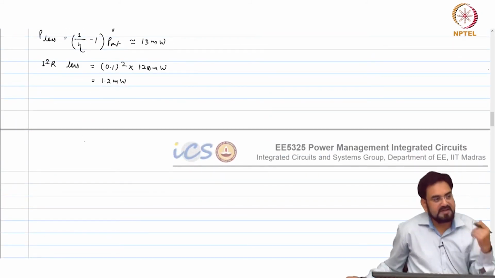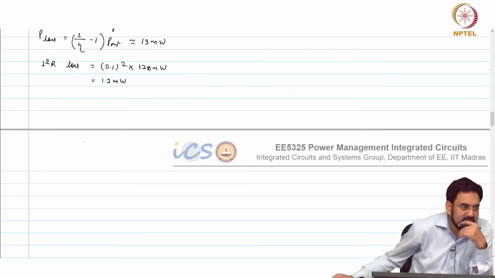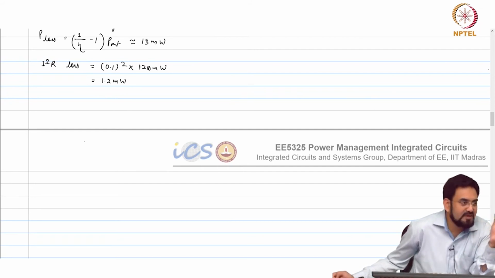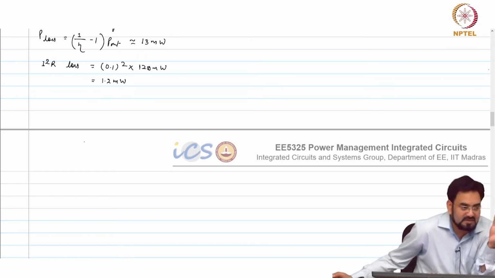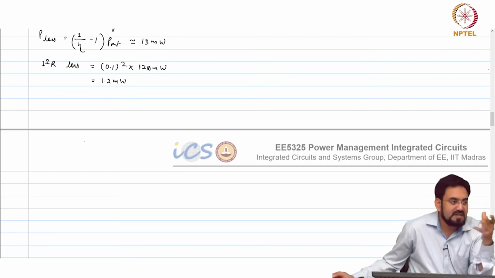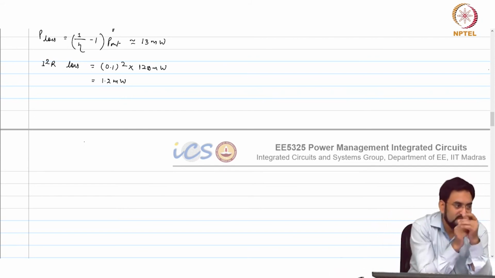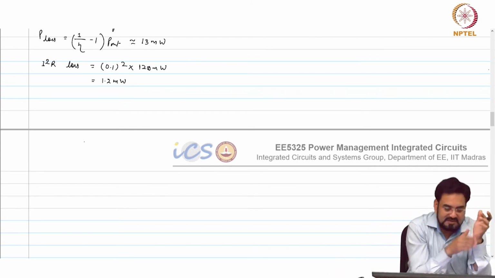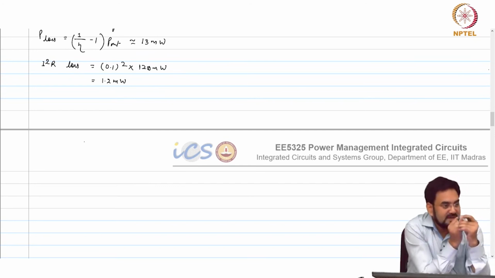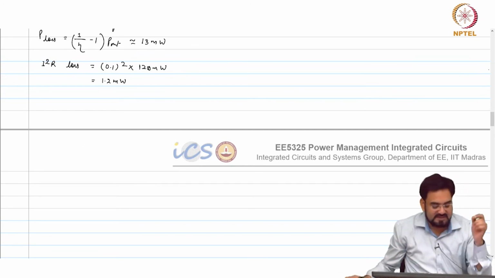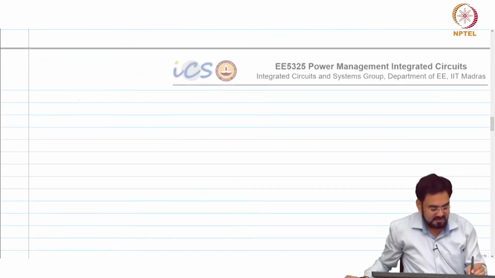Now if you go to 1 milliamp, further reduce the load current, then it will start having problems. But usually at 1 milliamp or 10 milliamp kind of load current, you will enter PFM mode actually. So you will start reducing the switching frequency. If you still operate at the fixed frequency, you will see your efficiency curve will look like this.